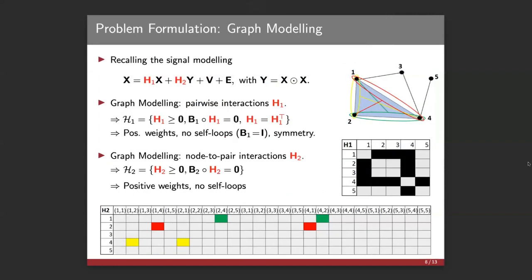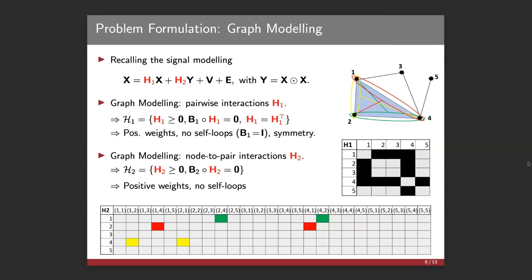Recalling that this is our data modeling, I forgot to say that this matrix V represents some exogenous variable, and I will explain later in the experiments whether we assume this variable is known or unknown. But coming back to our graph modeling, we separate it: we have the part of pairwise interactions, which